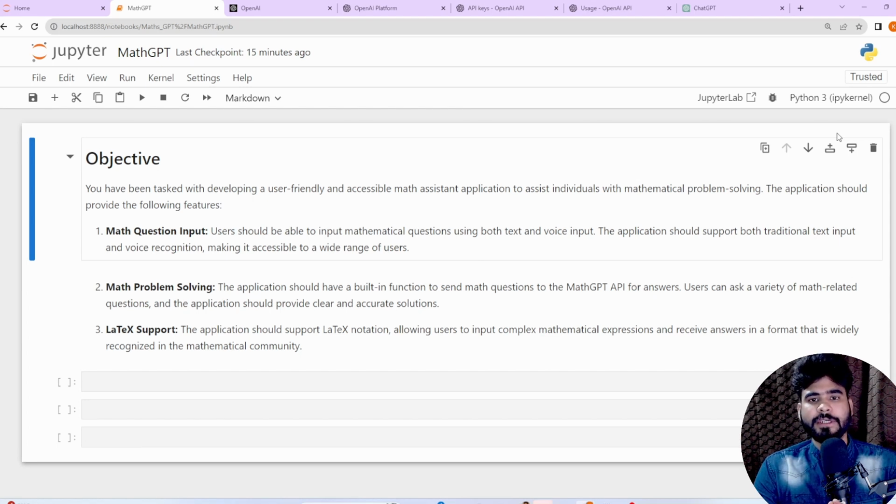Today we are going to discuss Project 4, and in this project we are going to build a Math GPT application. Let's first try to understand what Math GPT is.